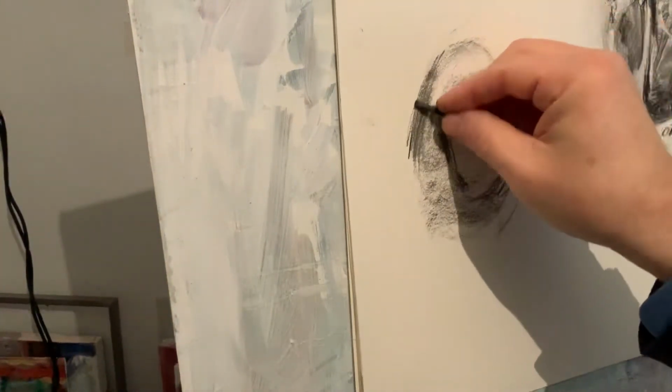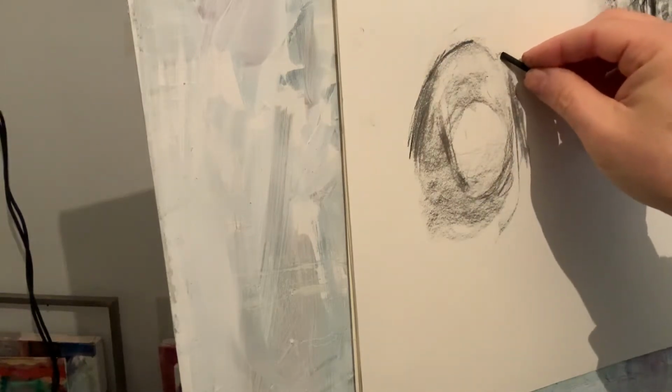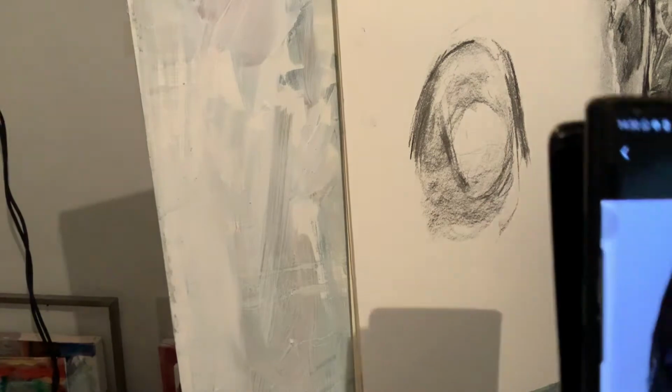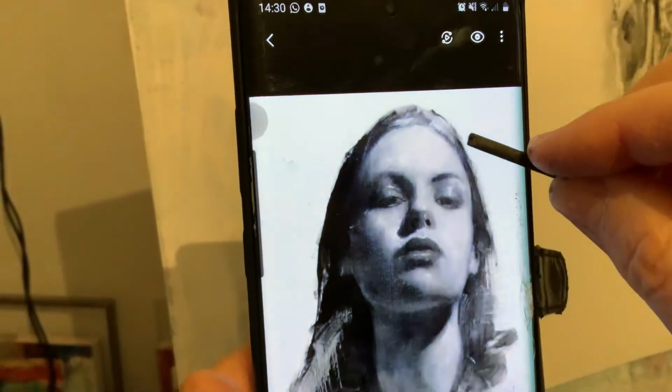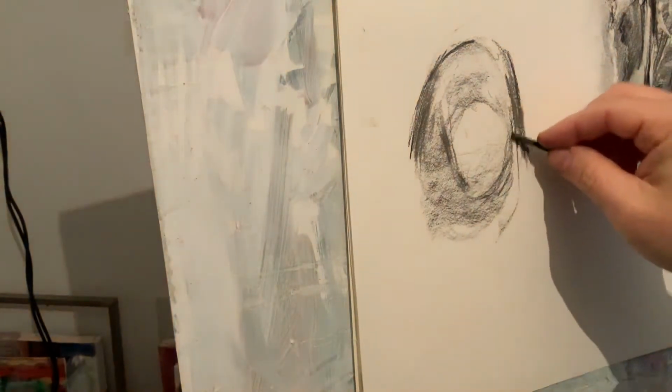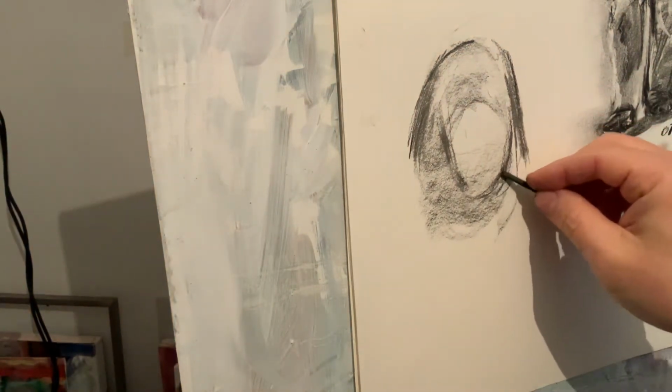So I start doing it, and right here I have this shadow here, and then head, jaw,